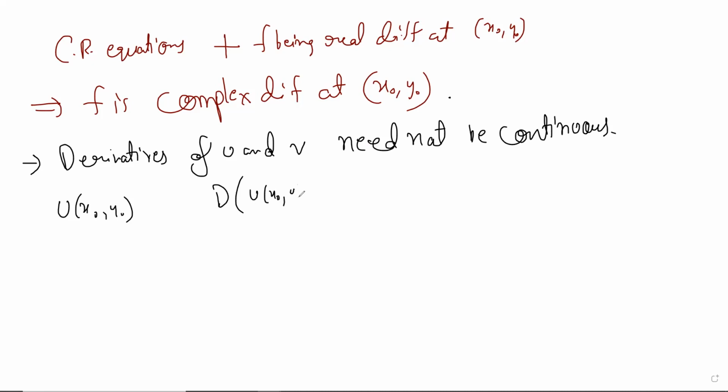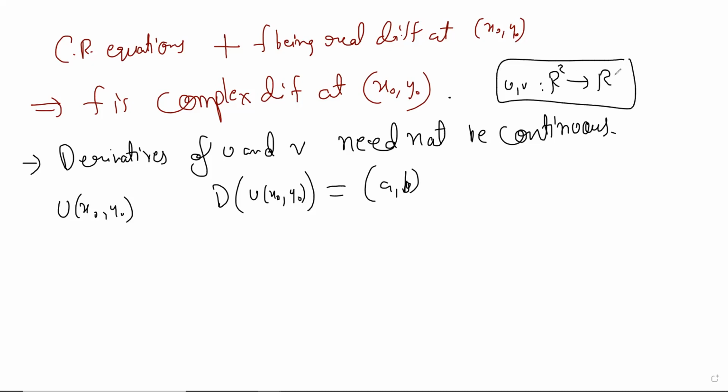I'm not looking at the partial derivatives. I'm looking at the derivatives. Now we know that the derivative is a pair of numbers. For example, at this x naught comma y naught, we got a number. So when you want the derivative of a function from R2 to R, U and V are functions from R2 to R, then at every point, the derivative itself is a vector. So the derivative of U becomes a function from R2 to R2,